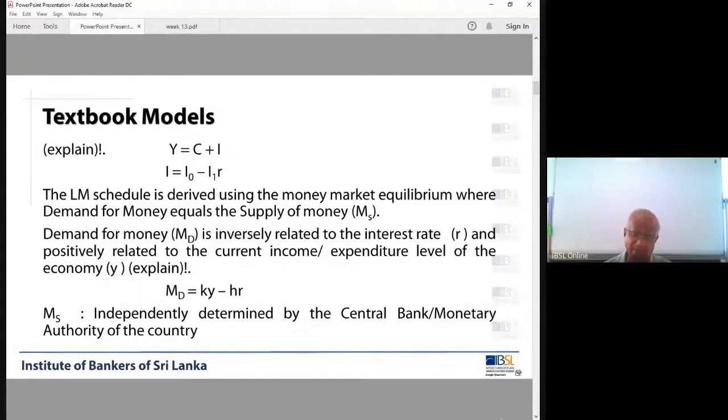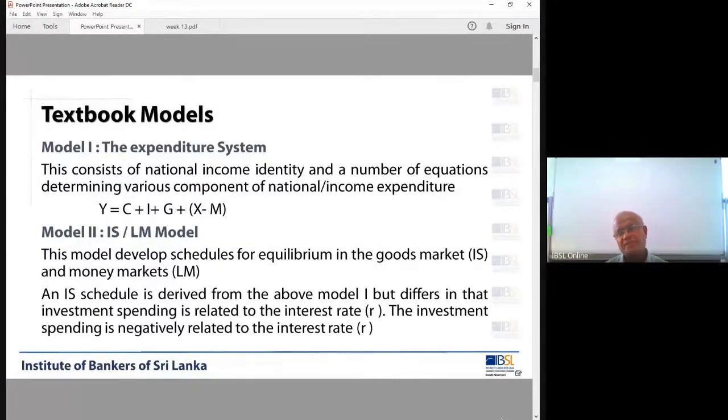Yeah, explain. Now the interest rate has lots of definitions. As I said last week, the interest rate is the opportunity cost of money. If you keep 1,000 rupees with you without depositing it in the bank, at the end of the year you will lose the interest of, let's say, 15 rupees annually on 1,000 rupees. So therefore we call the interest rate the opportunity cost of money. That is one definition of the interest rate.